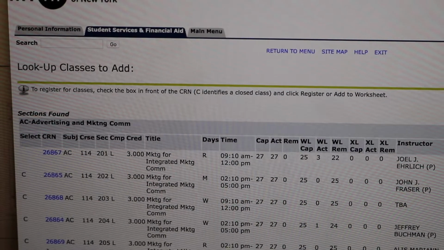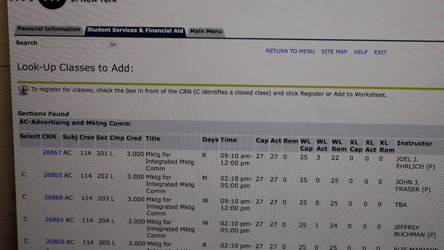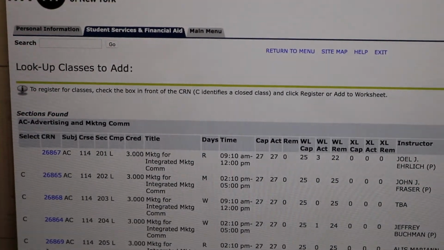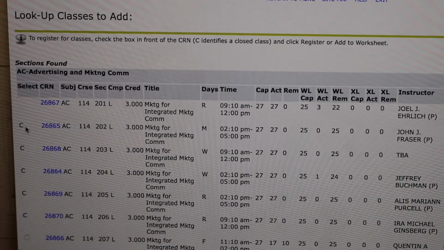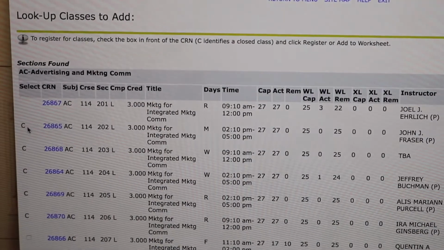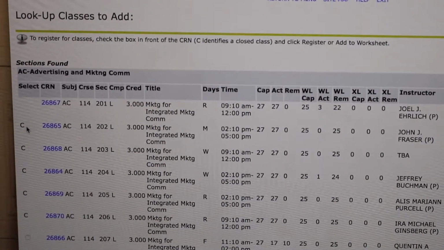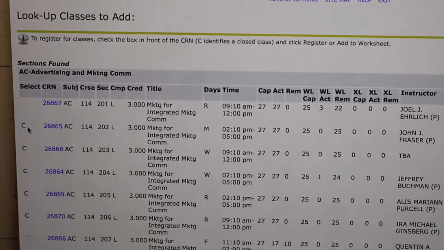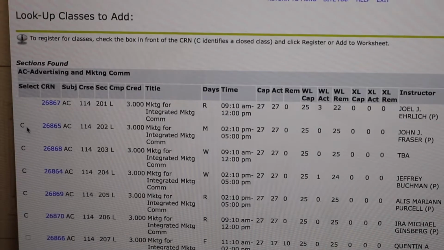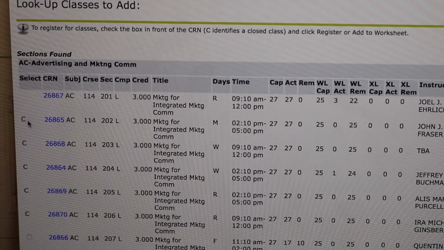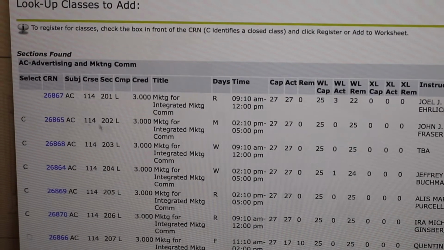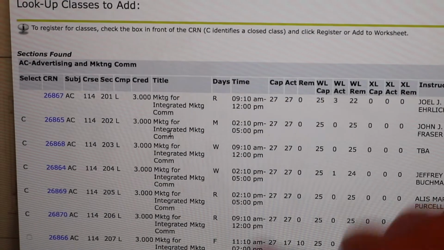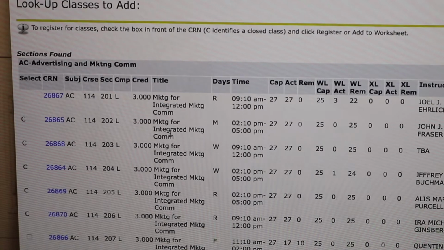Now this is like months after the class registration opens, so most of the classes are closed, but if you look over here, the C means it's closed. But when you're making your schedule, you're going to want to pay attention to the CRN number, which is right here, because those are the numbers you're going to enter when you make your schedule so you get the classes you want. But here's the credits that you get, here's the course, the title, what days it is, R means Thursday, and then the time,